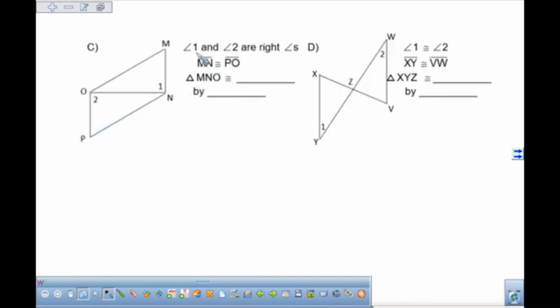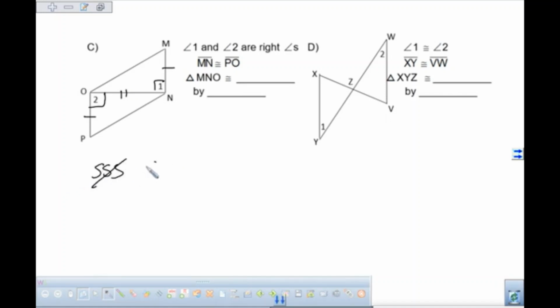Next up, angle 1 and angle 2 are right angles, so we can mark those. Segment MN is congruent to segment PO. We mark the line that is shared between them. So we know we don't have side, side, side, because we don't have all sides. We know we only have one angle, so we don't have angle, angle, side, or angle, side, angle. We do have a right angle, but we don't have the side across from the right angle, so we don't